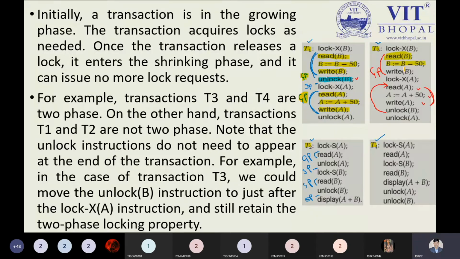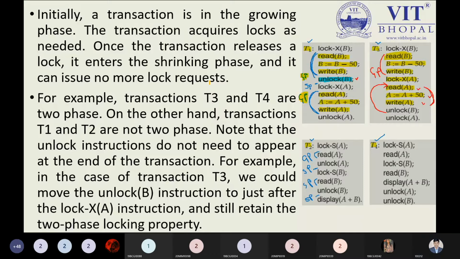Now, what is the definition of the growing phase? A growing phase will contain the locks only, not unlocks. So in this point, observe over here. Now we got the other part, that is the unlock. Yes, of course. So now we are reading over here, and yes, here we have. So we are performing the operation, right. In the transaction theory, I have highlighted some statements, and these statements will be part of the growing phase. That is the point. So now what I did, I shifted the unlock B operation to the bottom side. It means I'm doing the delayed unlock. So with the delayed unlock, I can transform my transaction T1 into T3 that satisfies the growing phase property.